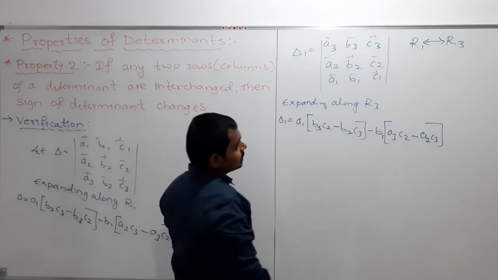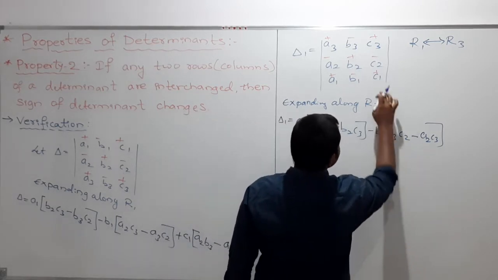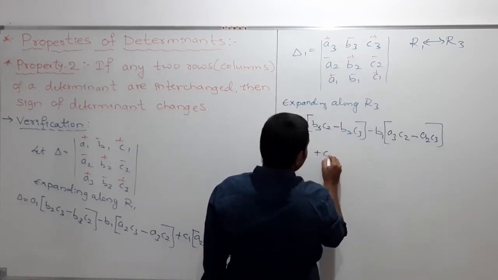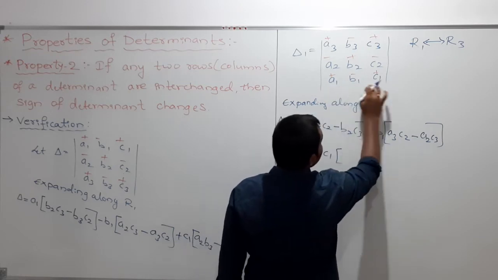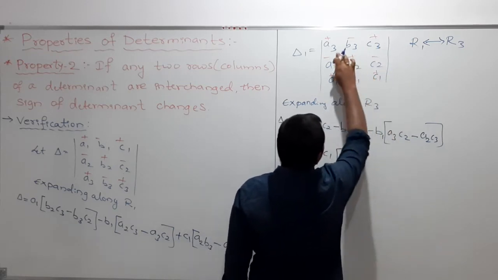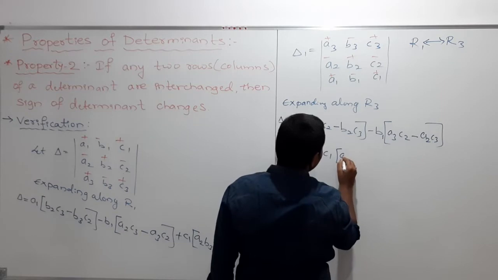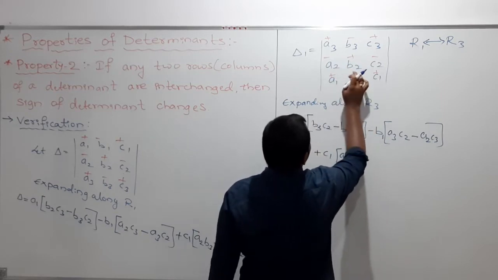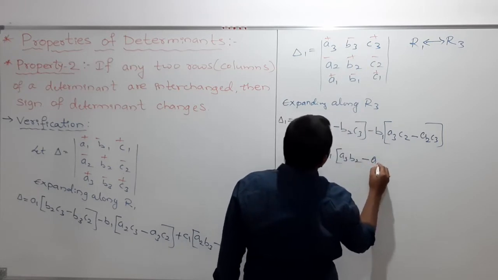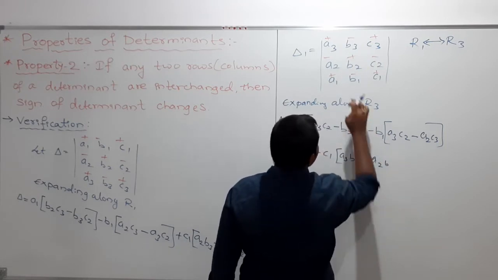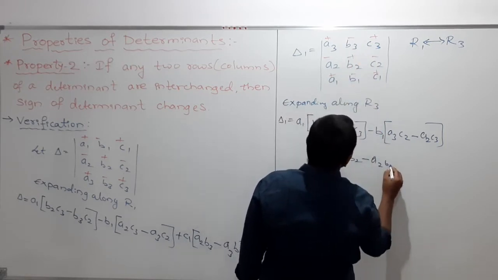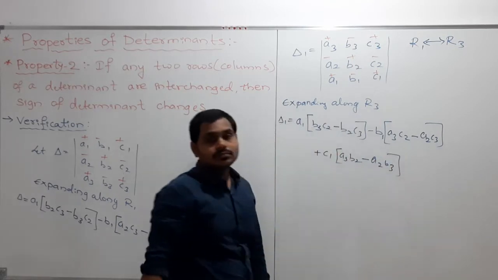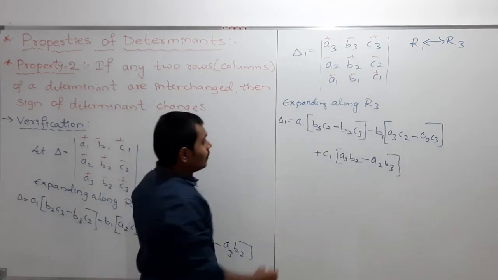Clear? Next, my dear students, next here it is plus c1, again leave this row and this column. Now solve the remaining: a3 into b2 minus of a2 into b3. Clear? Now what I will do,